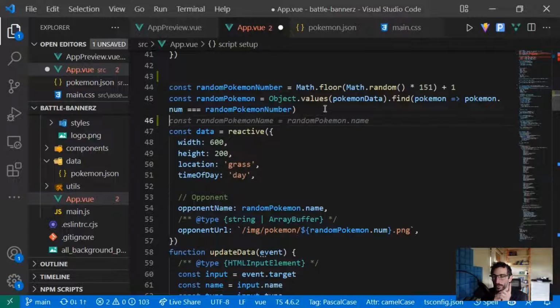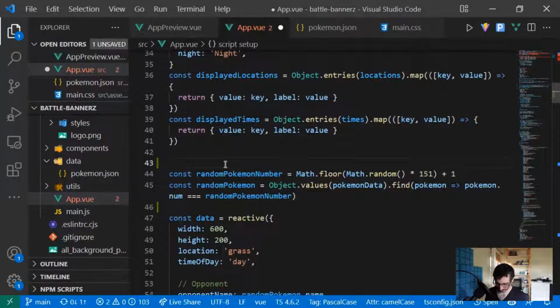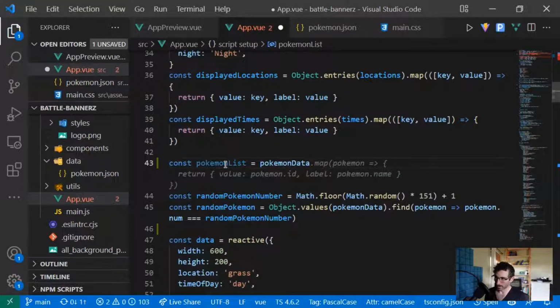And I think what I'm going to do is work with an ID, because I'm going to work with an array of Pokemon objects. So I'm going to take this Pokemon data object, and what I'm going to do is convert this into a Pokemon list. Const Pokemon list is going to equal